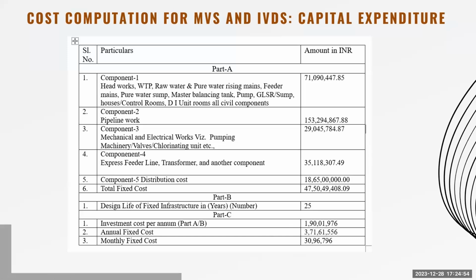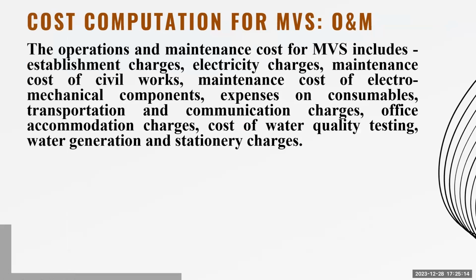This is by incorporating the interest rate and finding out the amortization cost. Of course, from here one can also look at the monthly cost, which is about 30 lakhs 96,796. The operation and maintenance cost for MVS includes the establishment charges, electricity charges, maintenance cost of civil works,